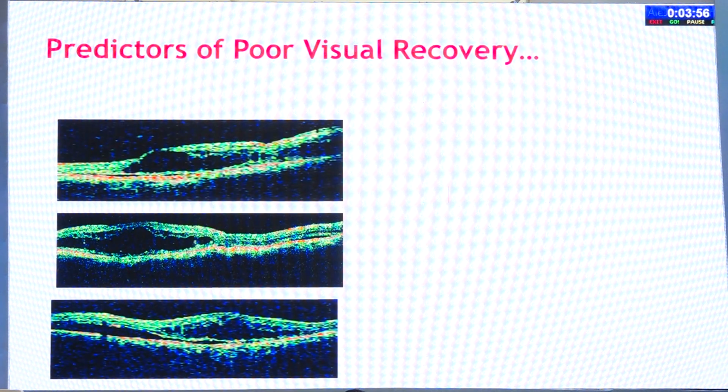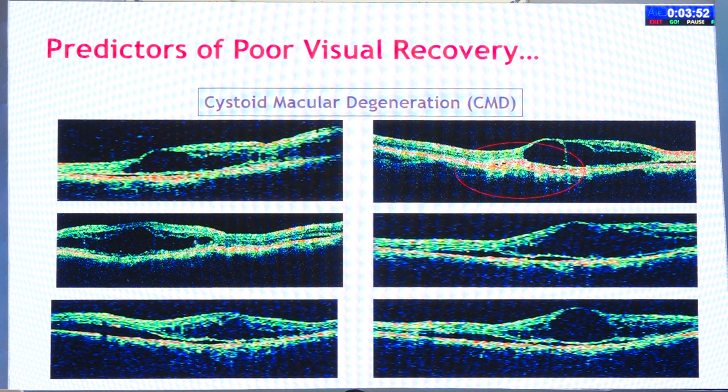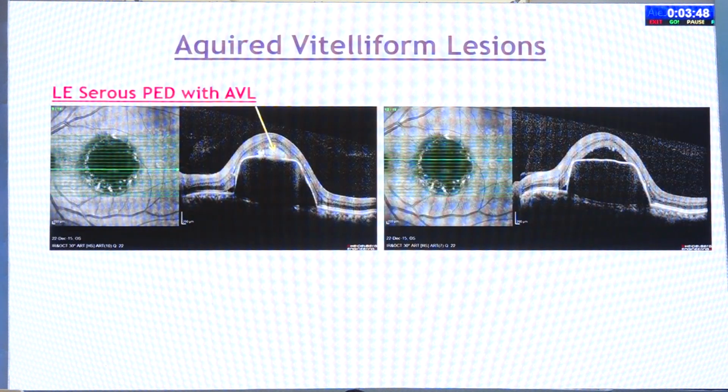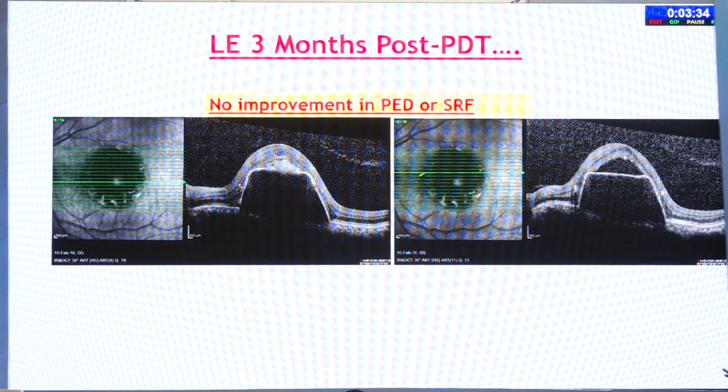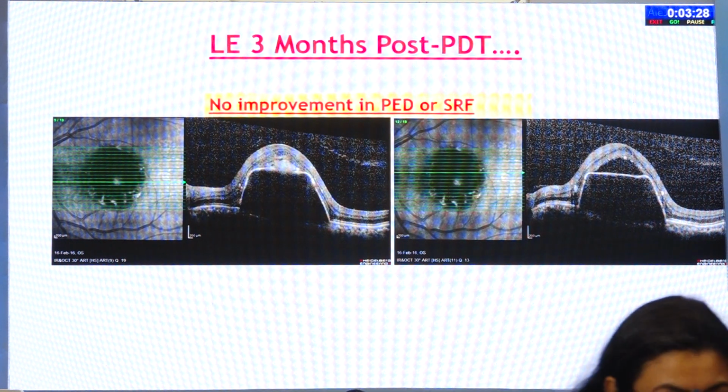As we already mentioned, these cystoid spaces on OCT, called cystoid macular degeneration, are a poor prognostic indicator, along with the finding of acquired vitelliform lesions, or AVL, in the presence of chronic CSC and PED. Here you can see that after photodynamic therapy there is no response. This is before and this is after PDT. Usually it resolves significantly well, but in the presence of AVL,